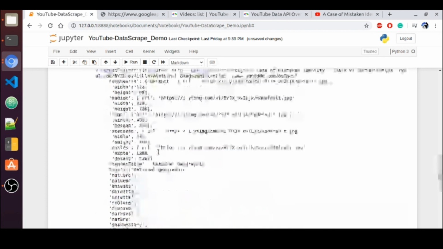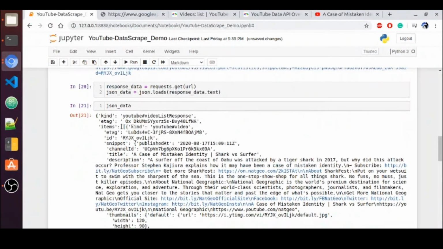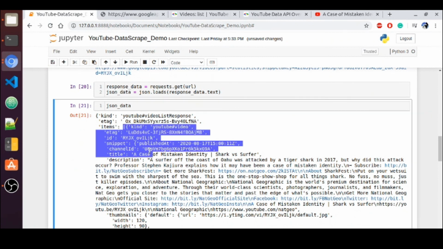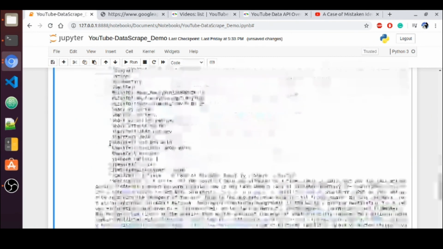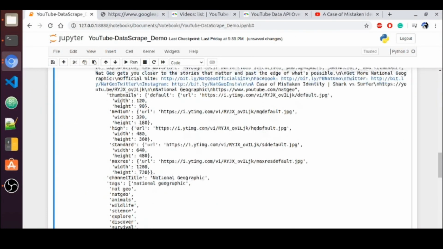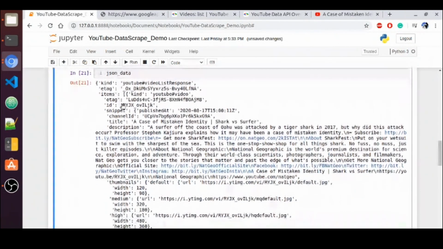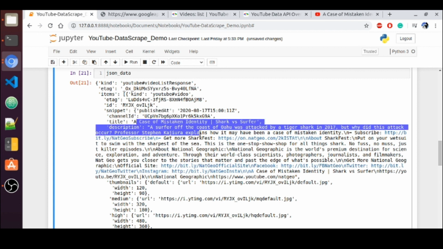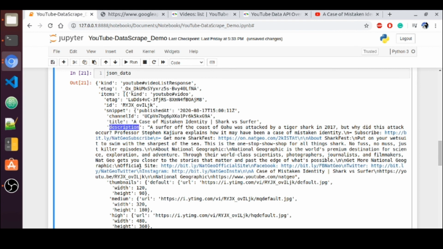In items we are getting two parts, one is snippet and one is statistics, since we have passed two values to the part parameter. The snippet, as I told you, contains all the meta information of that particular video: the published date, the channel ID it belongs to, the title of that video, the description, and everything.